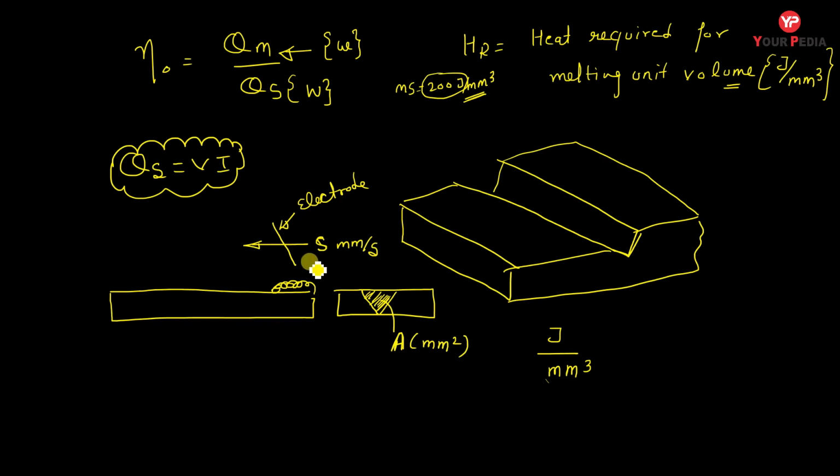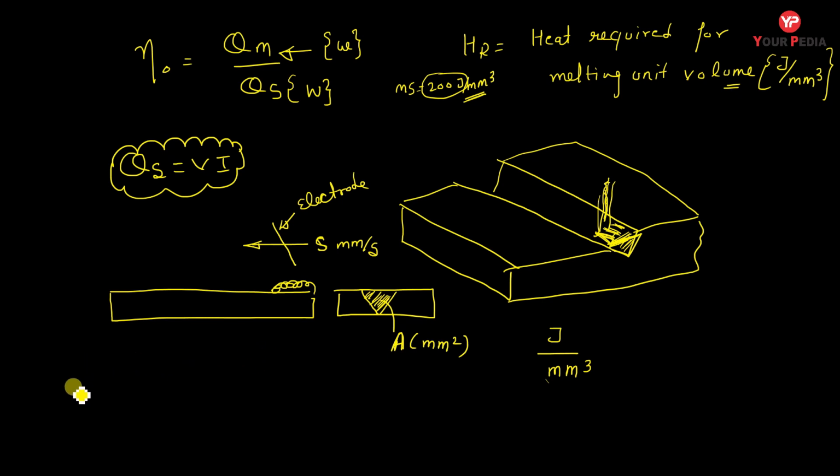So if I talk about, sir, this electrode is going to melt per second due to the creation of arc, and the metal that melts from this electrode is going to be poured here only, in this area. So when this area is filled, then it goes to the next area like this. So molten metal from the electrode is just going to pour inside this, basically we can say weld bead.